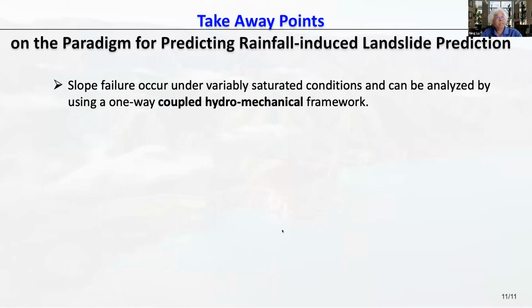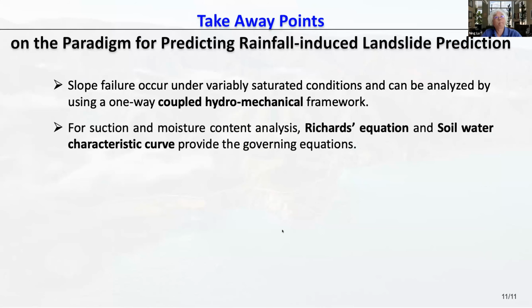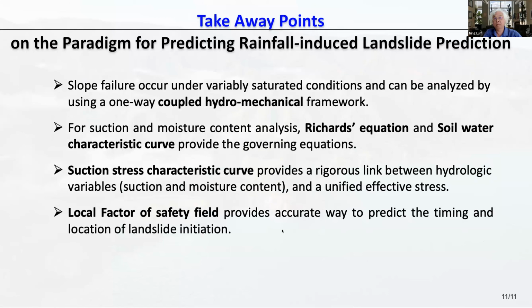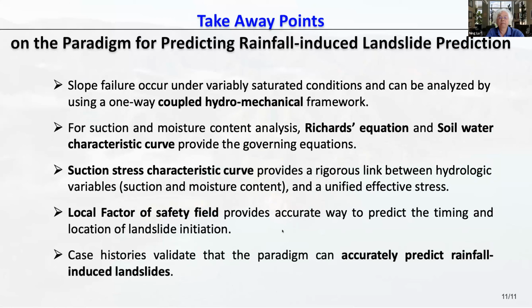So I'd like to wrap up. The key point of what I try to say here is that hillslope failures occur under variable structural conditions, and can be analyzed with a hydromechanical framework. What's important is that they're both hydrological and mechanical: hydrological will control the energy equilibrium, and the mechanical will control the mechanical stability. We can link the two together to analyze the slope. Particularly, we use the local factor of severity, so we don't need to presume a failure surface; it will be predicted. And we continue to conduct case studies and use them to build a better model. Thank you.